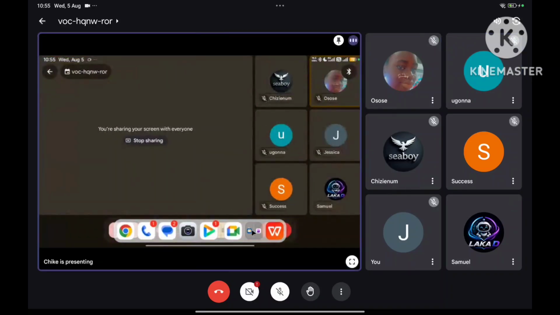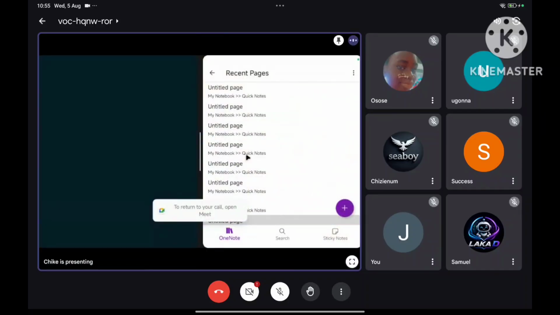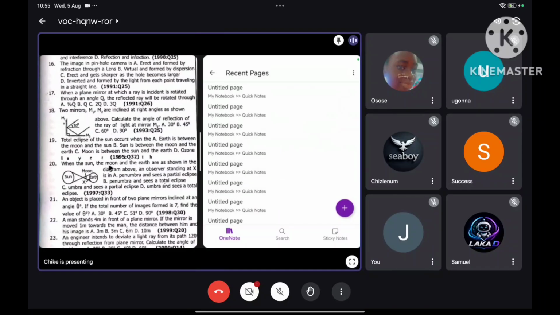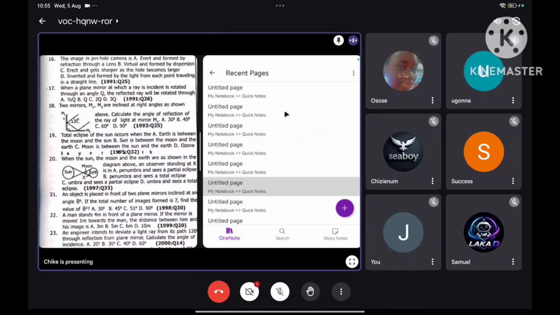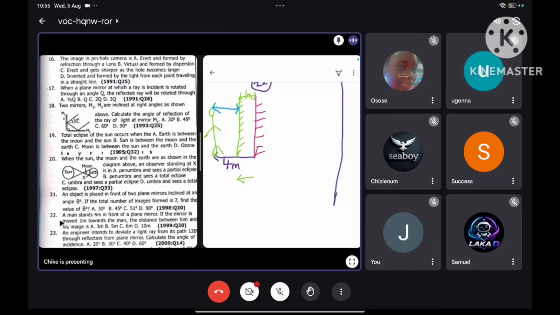So let's go back to the question we're analyzing. Like I said, most times, while some people have issues with some questions in JAMB, it's not that they were not taught, but probably that analytical aspect was not given to them. So if you look at this question that I'm solving now, question 22, it may look like, oh, sir,